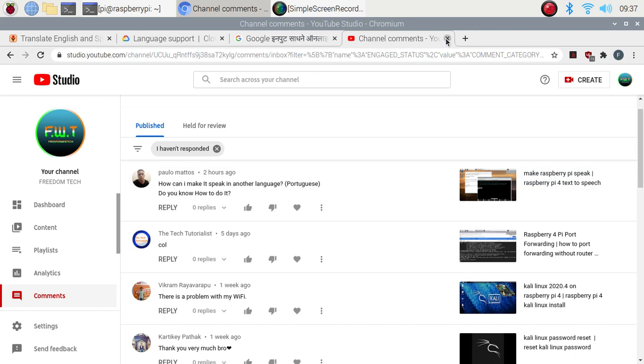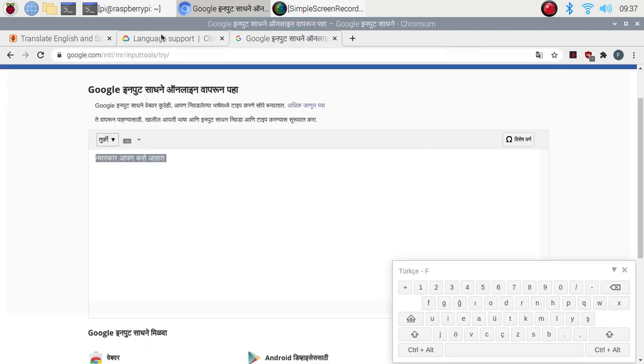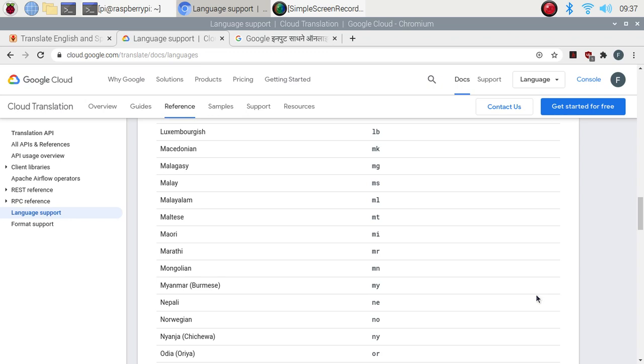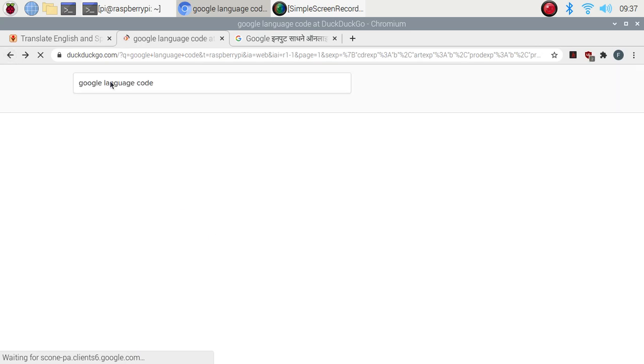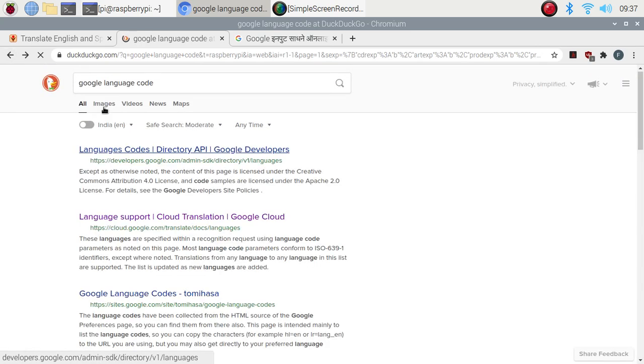First, we need the Google language code. Simply search for Google language codes, then go to language support.